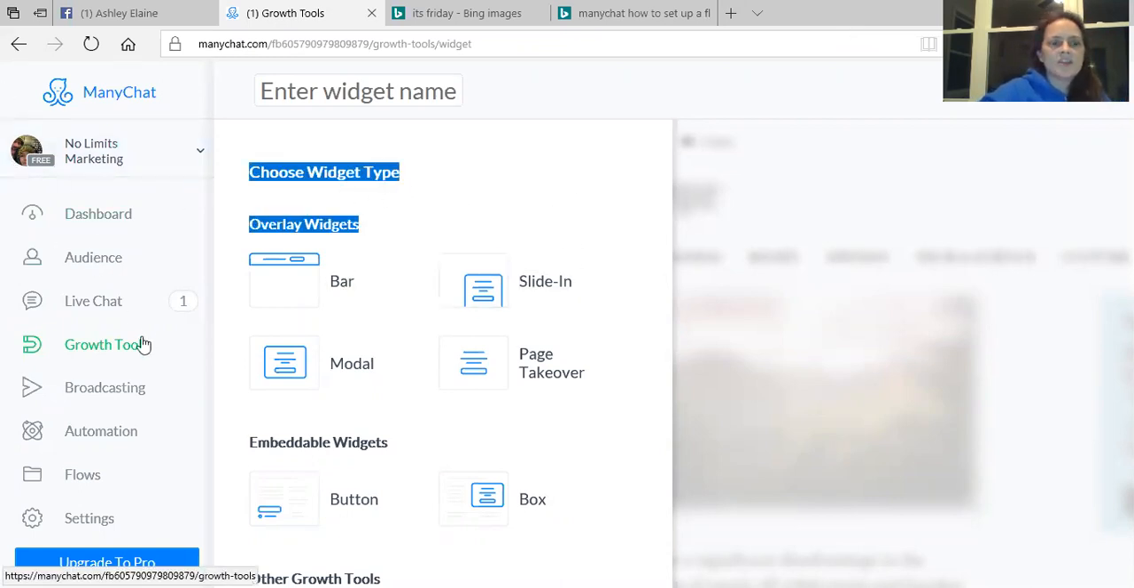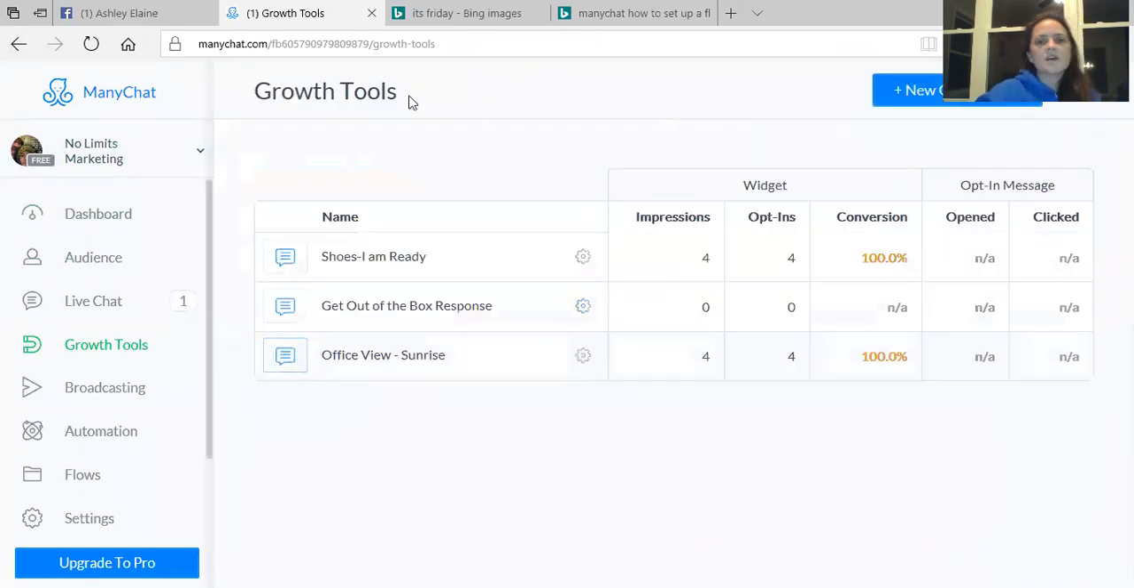So from ManyChat, you're going to come over here to growth tools. Now with the free version, you only get 4 growth tools. So you can either upgrade if you want more or just come in here and delete one that you're not using. So you would just click on the gear, click on delete, a pop-up comes up that just says, are you sure you want to delete? And you'd say yes. But I only have 3 right now,